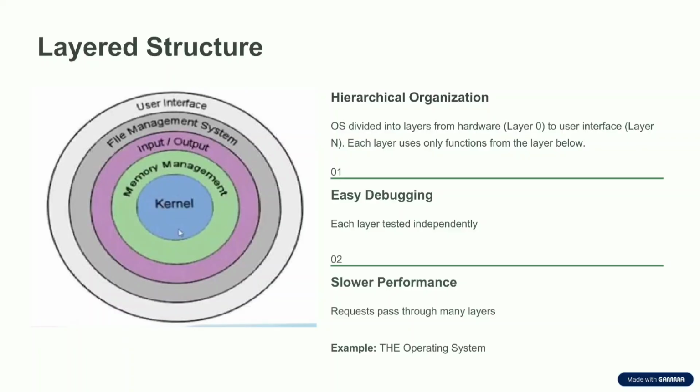In this, easy debugging is one of the advantages of layer structure. Mainly, each layer can be tested independently. And slow performance is the disadvantage of layer structure. Requests must pass through many layers. Here, one of the examples is the THE operating system. For all this, it can be said that layer structure gives a clean and systematic OS design, best for learning and